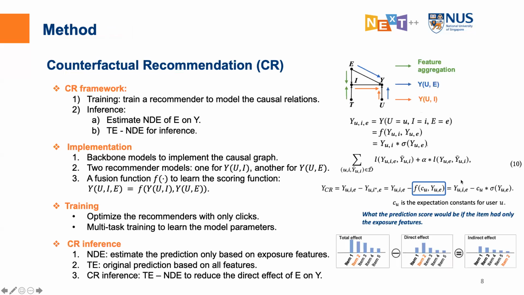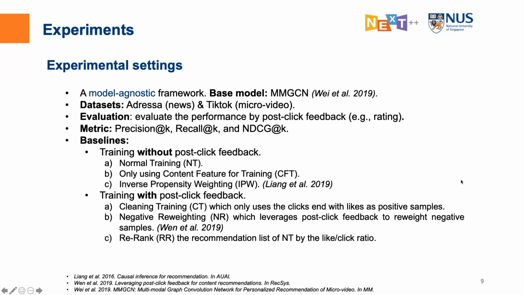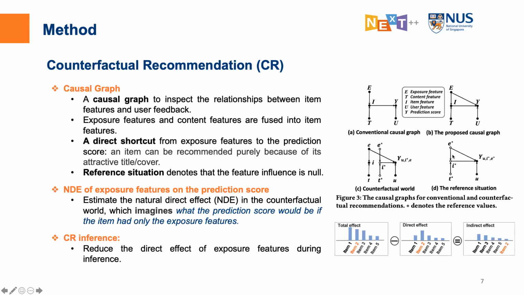So any questions? If no, I just move on. Yeah, I guess I have a very naive question, Wenjie. Yeah, okay. Could you please go back to page 7? Okay. Yeah. So forgive me, I don't have a very good knowledge of the causal graph. So for instance, for the illustration B, the T here is the content feature and the Y here is the prediction score. So is there not a shortcut from T to Y?